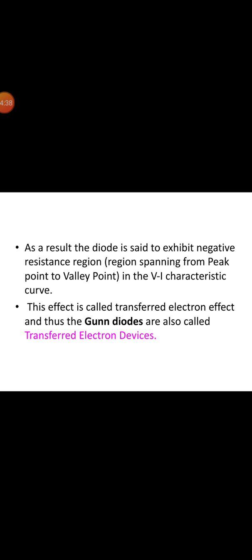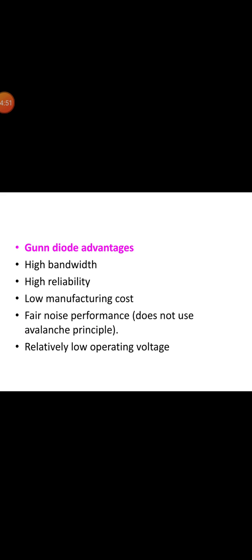So as a result, the diode is said to exhibit a negative resistance region in the VI characteristics, and this effect is called the transferred electron effect, and thus Gunn diodes are also called transferred electron devices. And before going into the advantages, the equivalent circuit of a Gunn diode